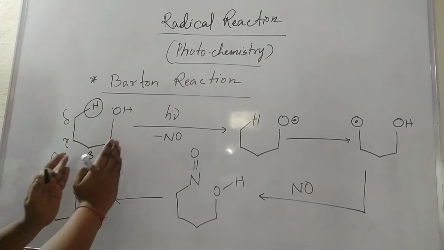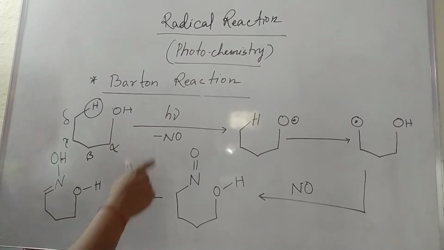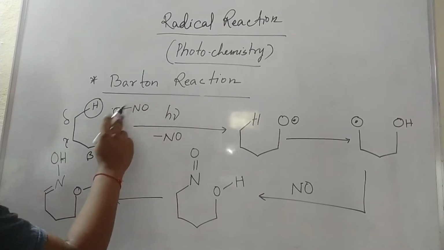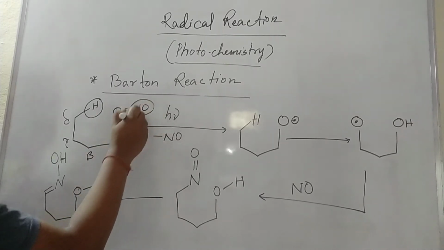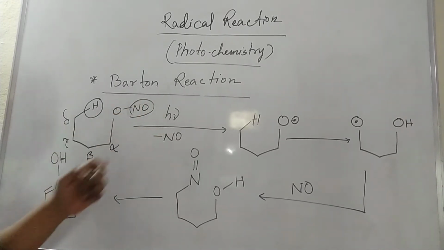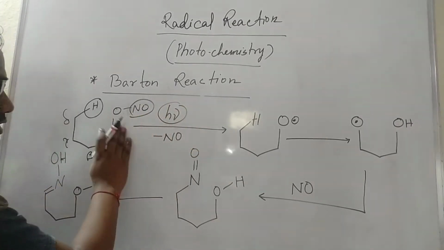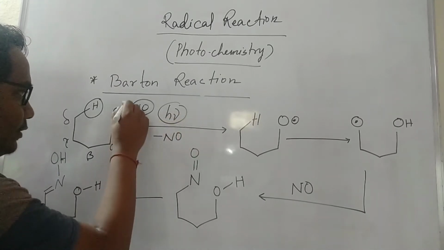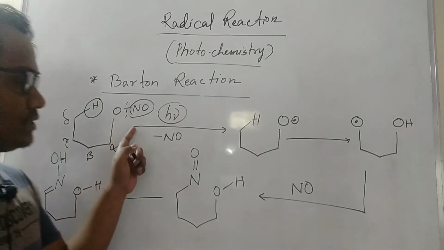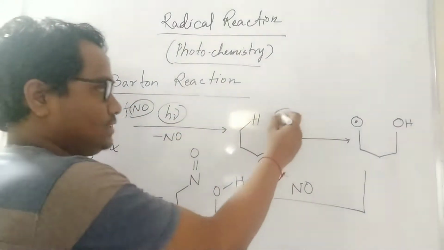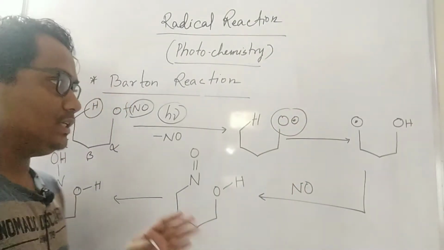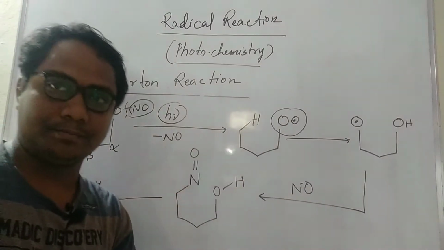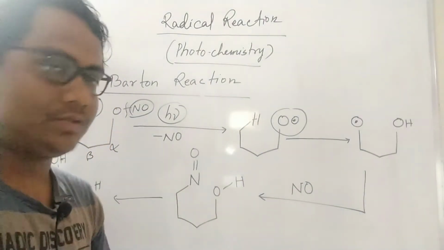See, this is one kind of system, and here I use a nitrite reagent. So we will go up to the nitroxide. Then in the presence of light, first the OH is there, the nitrite will form, the one reagent I gave. In the presence of light it will cleave, because it becomes O dot. You just carefully see, I directly started from an example for understanding purposes, so that you understand it.